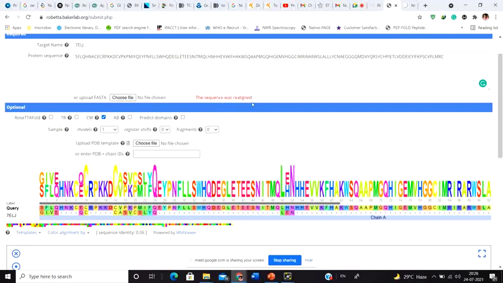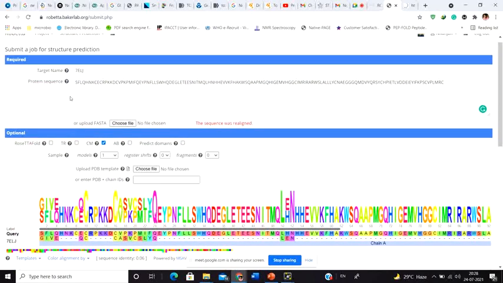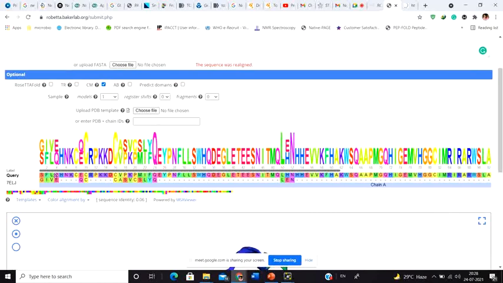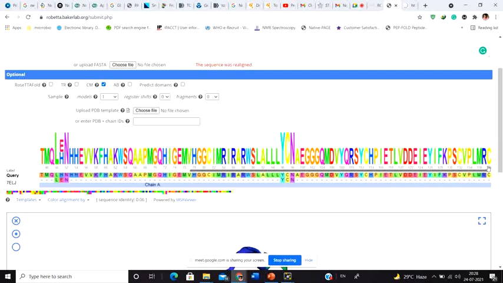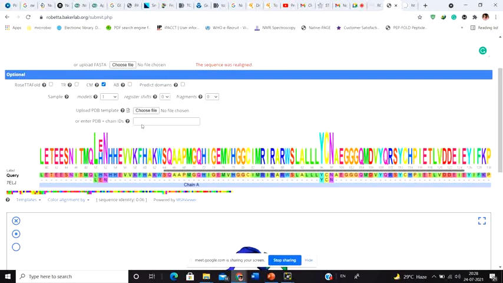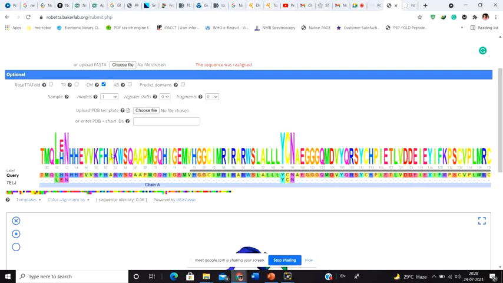And see, the sequence was realigned, and it starts with SFLQ. It says that S doesn't match with G, it is not matching, but CC is matching, this C is matching, QQ matching, L matching, N matching. So this is how the entire protein structure is matching. Since I have messed up the structure, this only happens when you upload a particular PDB molecule, and once you do it, it's going to align it like that.